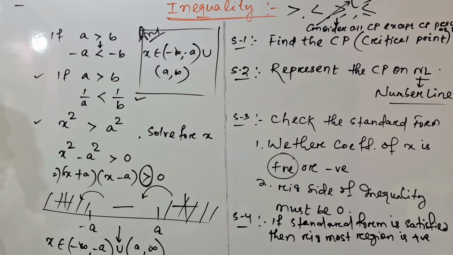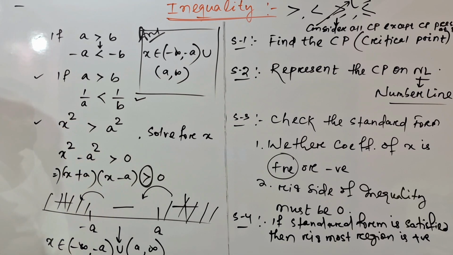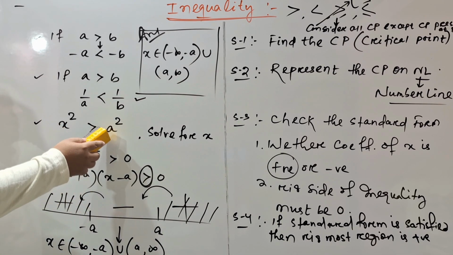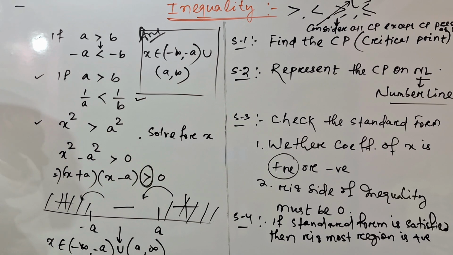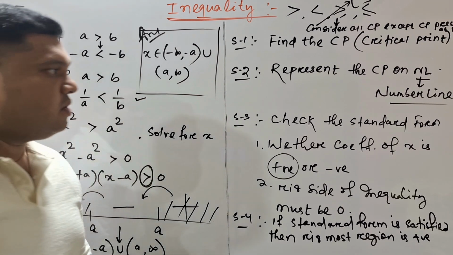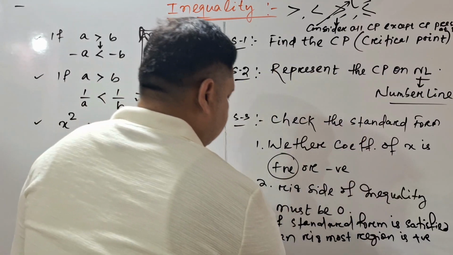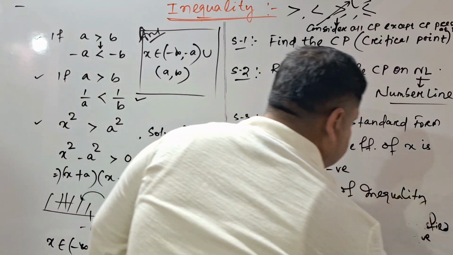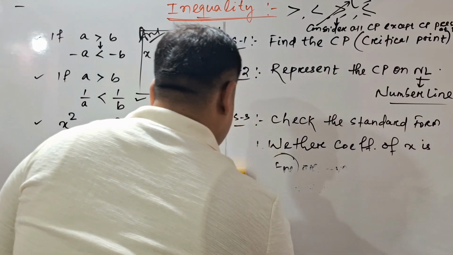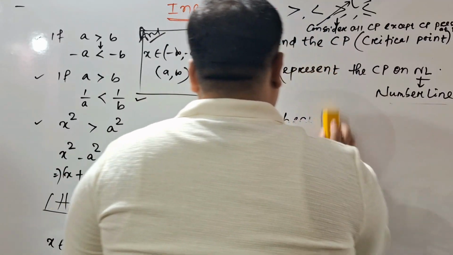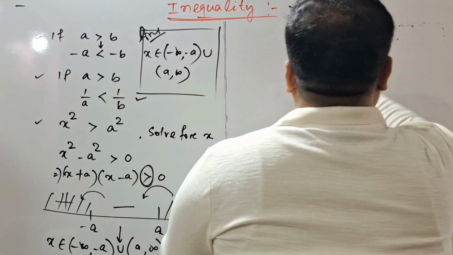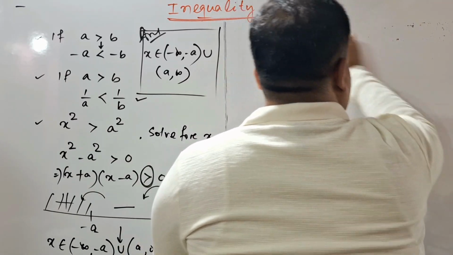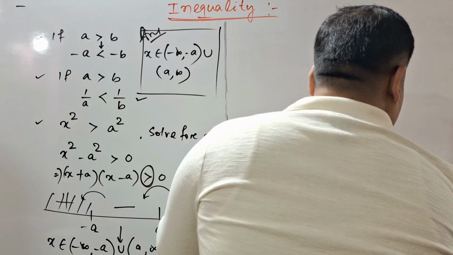Each step is very important: how we handle the inequality. This is the general form. I will give you the value. Here in place of a square you can write 4 and solve. What you will get, observe, and we will solve more questions also. So this side I will arrange. Normally, look,